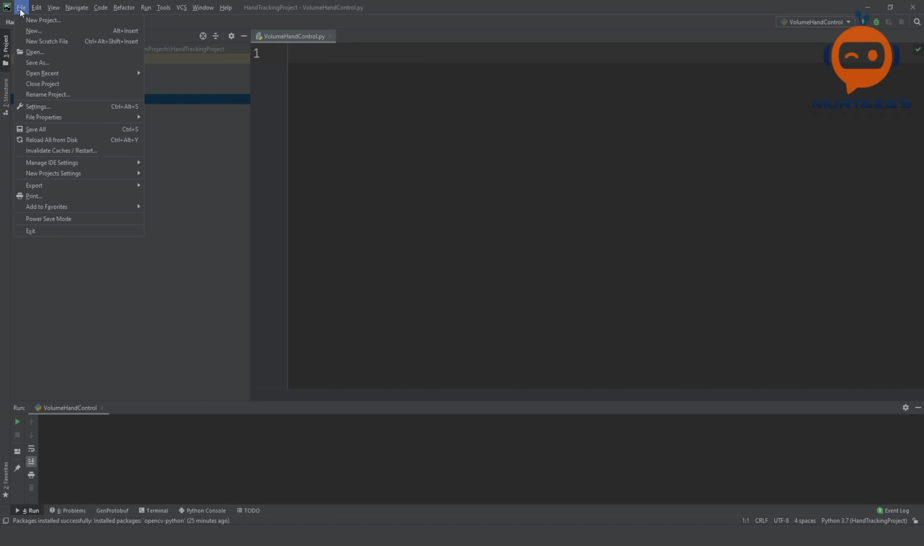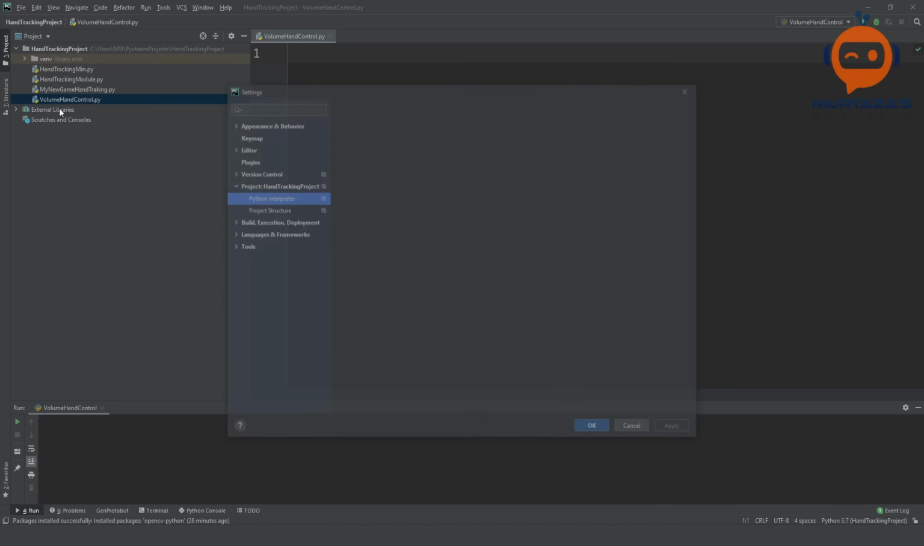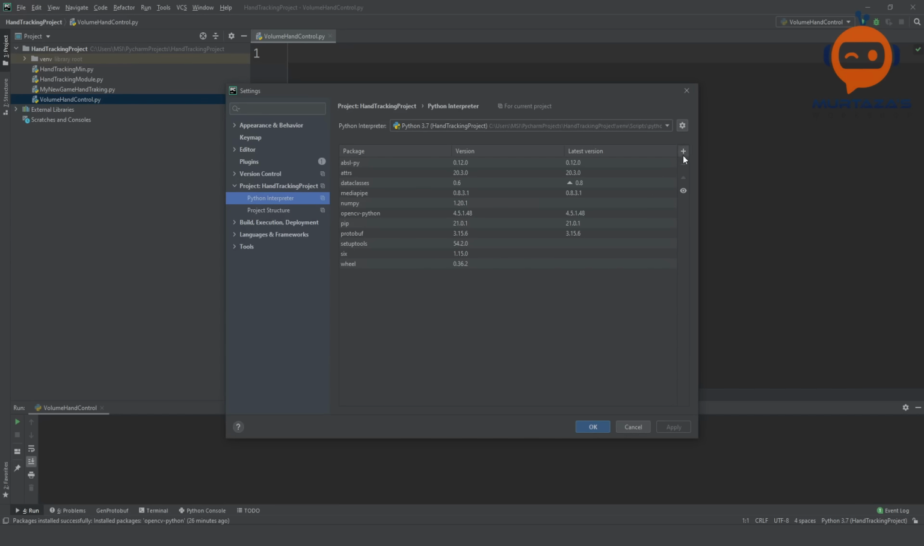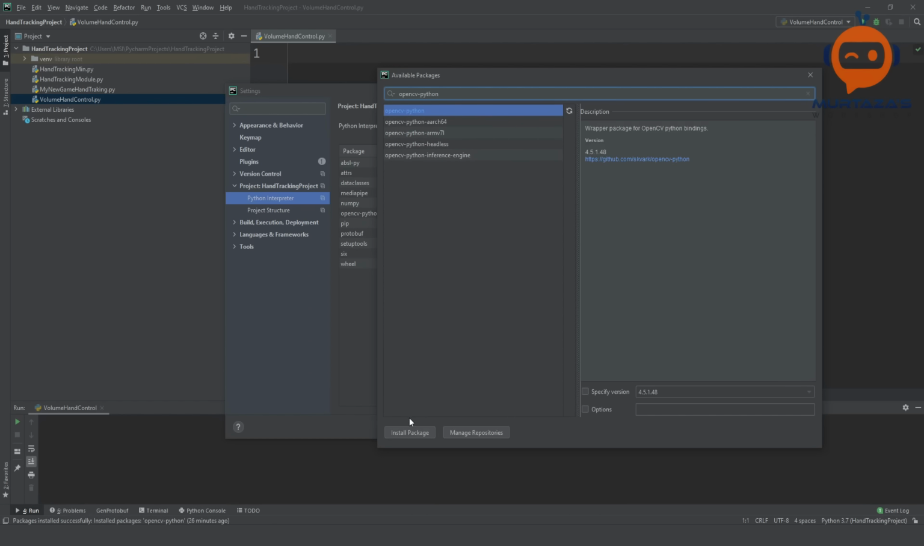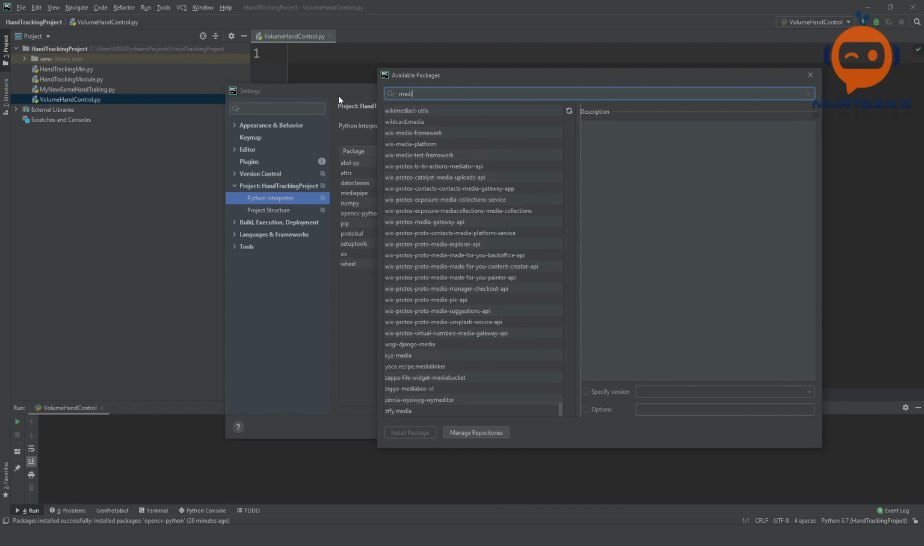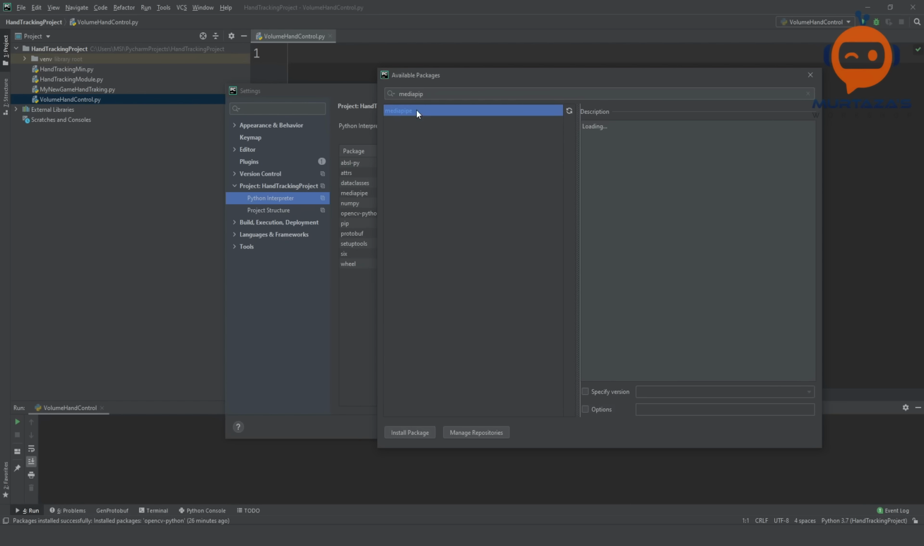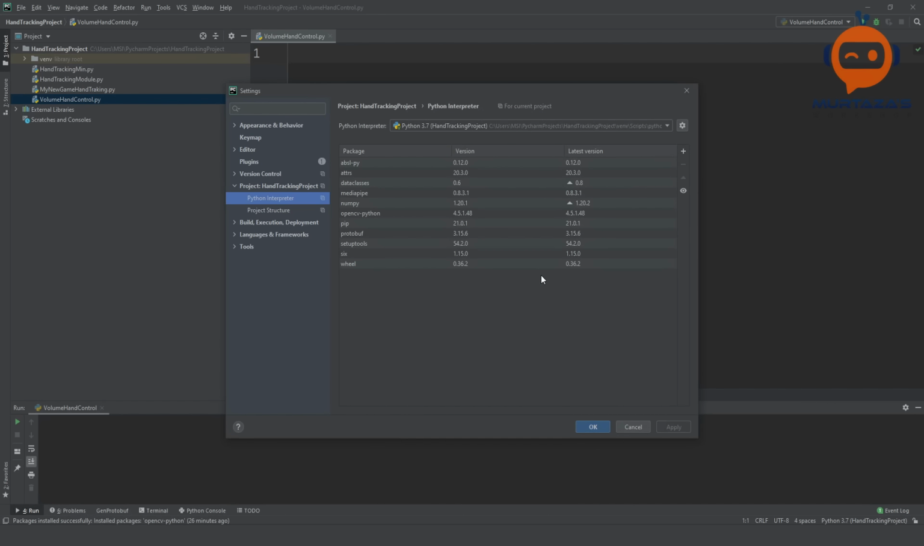Now the first thing is that we will go to file and we will go to settings. We will make sure that our libraries or packages are installed. So we will write here OpenCV Python. This is the first one that we need. We will hit install, and I've already done it, that's why I'm not doing it. Then we are going to write mediapipe and we will click on that and we will hit install. So these are the two main libraries that we need for now,